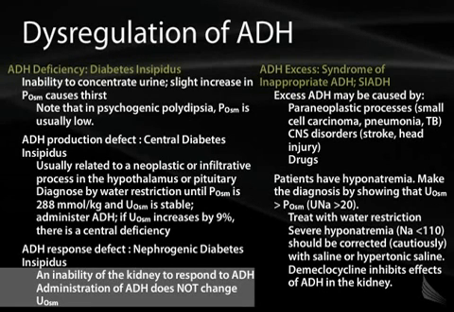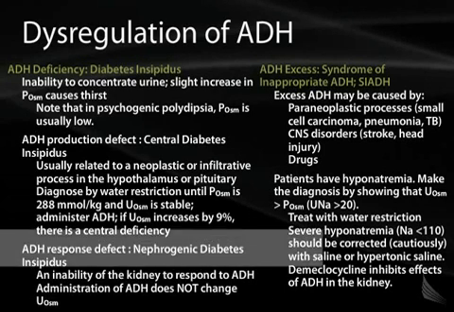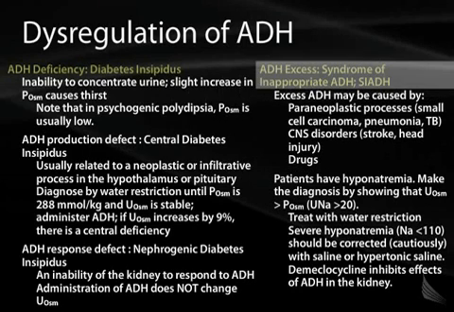So if you give these patients ADH, their DI will continue on. In other words, they will continue to have a dilute urine despite the administration of ADH. So that's one way to distinguish between central versus nephrogenic. Now moving on to the other end of the spectrum, where there's too much ADH, and that is a syndrome